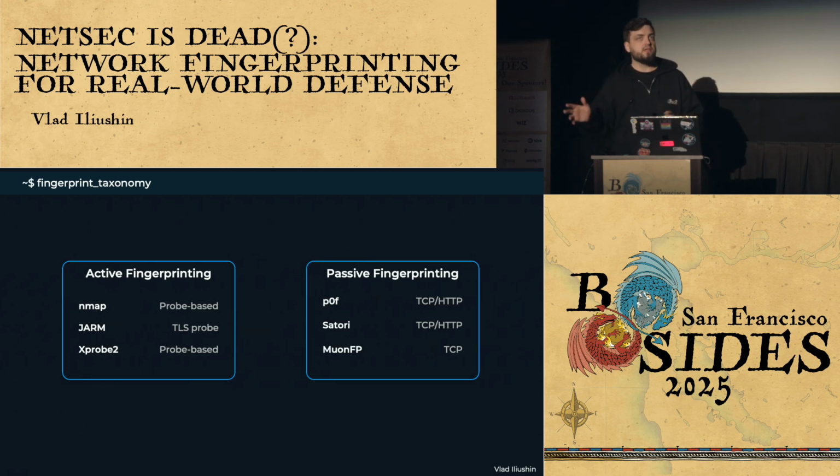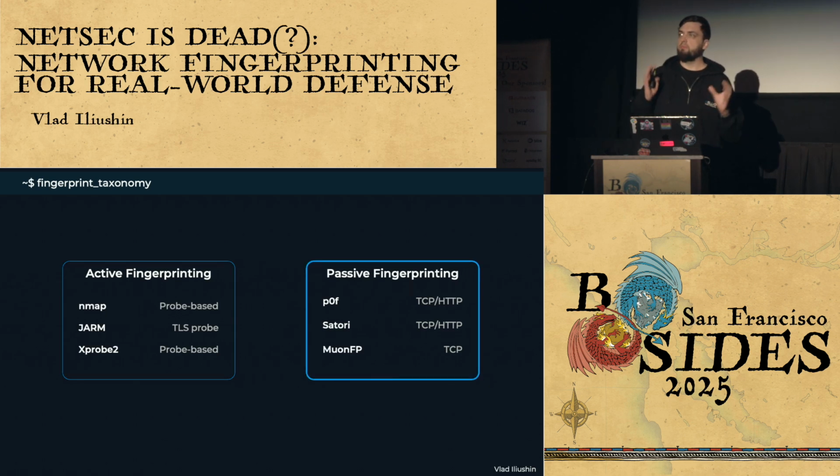And passive fingerprints, as opposed to active, don't require any new connections or any new traffic. You can just sit on the data pipe and create fingerprints for the connection based on the existing traffic. In this presentation, we will be focusing on passive fingerprinting because it is not noisy, and you can go back home into your company, into your enterprise network, and start fingerprinting all the things without introducing any nodes or any noise or changing your network stack.